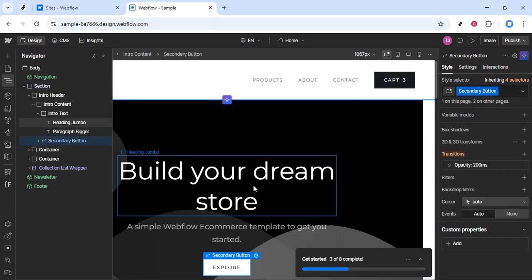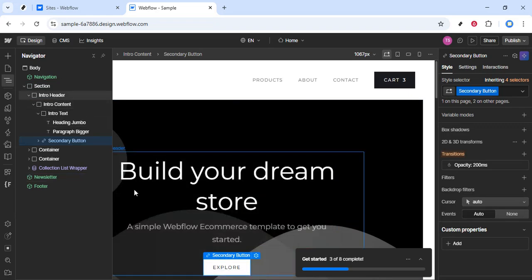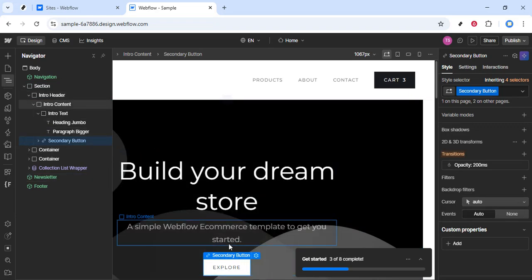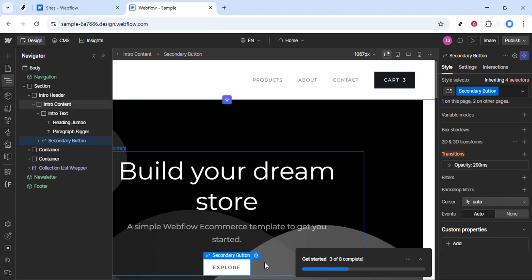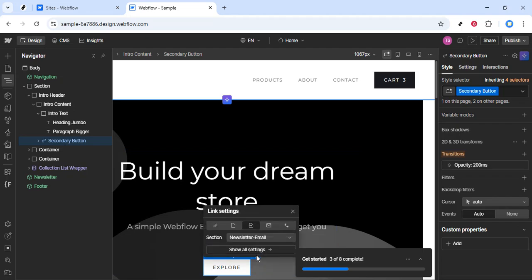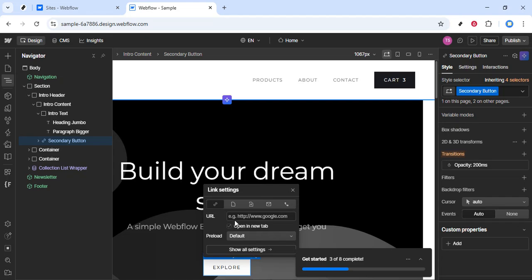This could be a button, a text link, or any clickable element. Select this element by clicking on it in either the Navigator or directly in the design view. With the element selected, look to the right side of the screen for the settings panel and click on the gear icon. This brings up the element settings where you can customize various attributes of the element, including its link